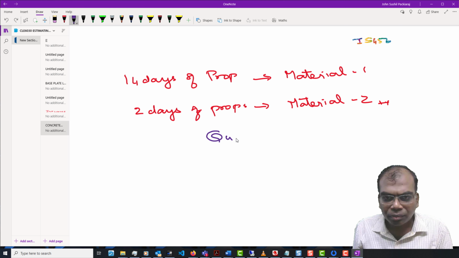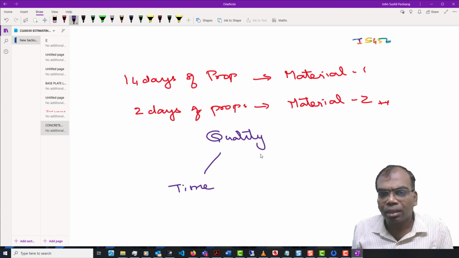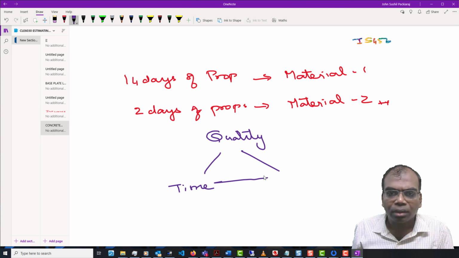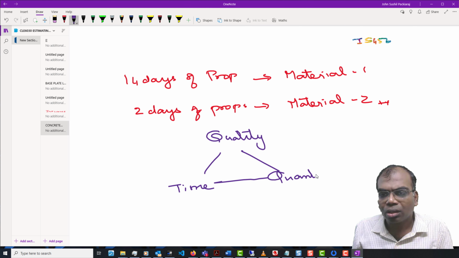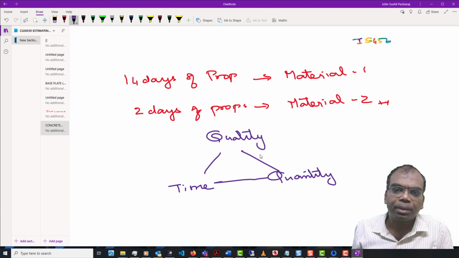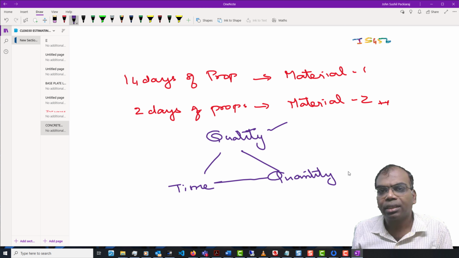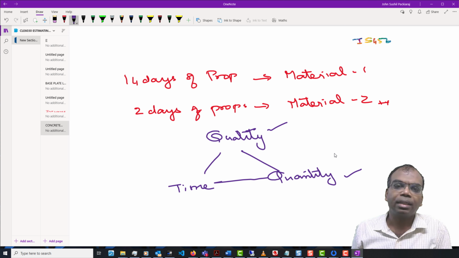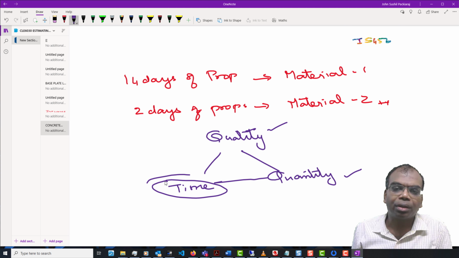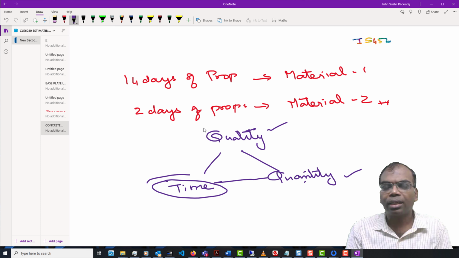That is quality, time, and quantity. Typically the quality is given by specification. The quantity is a requirement of the building, and time is going to depend on how much work I'm going to do to what quality. So all three are interlinked.